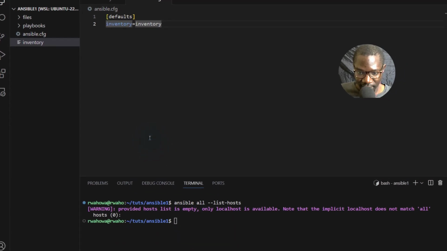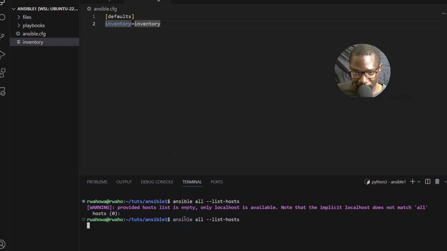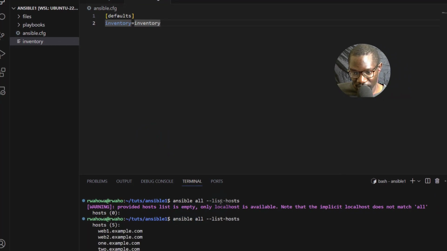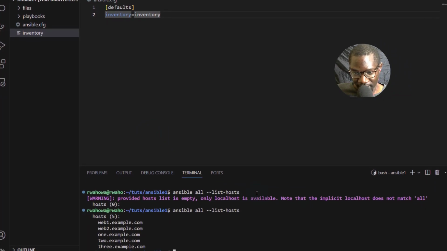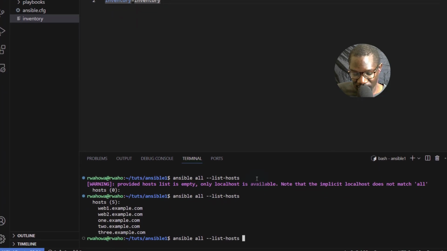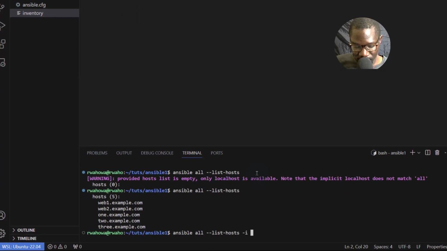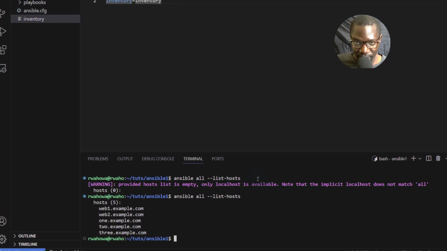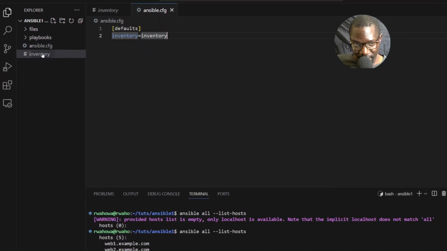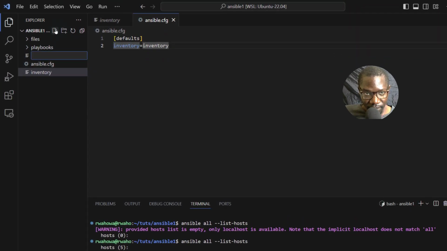And if we run it now, we don't need to tell Ansible where our inventory file is. You remember there's a version we did whereby we used -i to tell it which file to use as an inventory file. So if you have multiple inventories, you can put them in a directory. Let's say we create a directory and call it inventory. Let me just call them inventories. And then I will move this inside here.